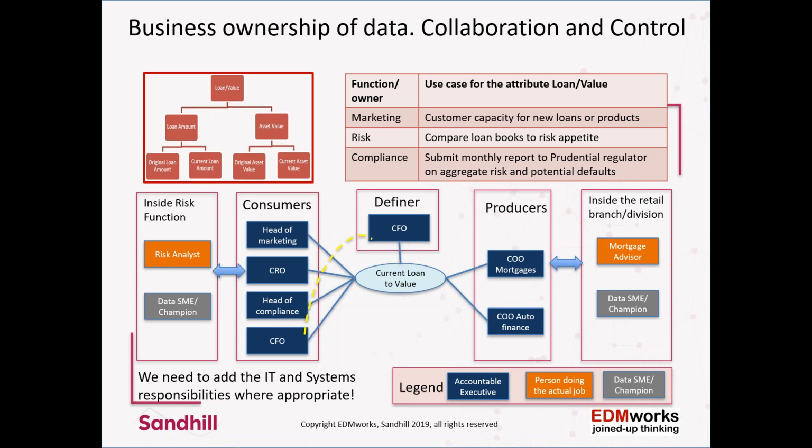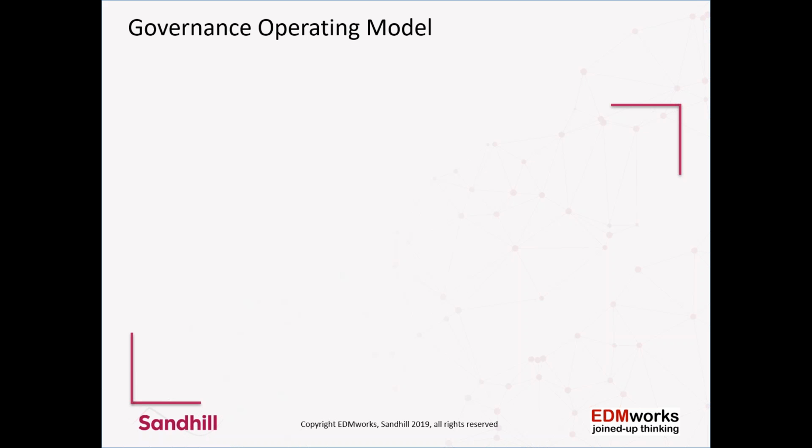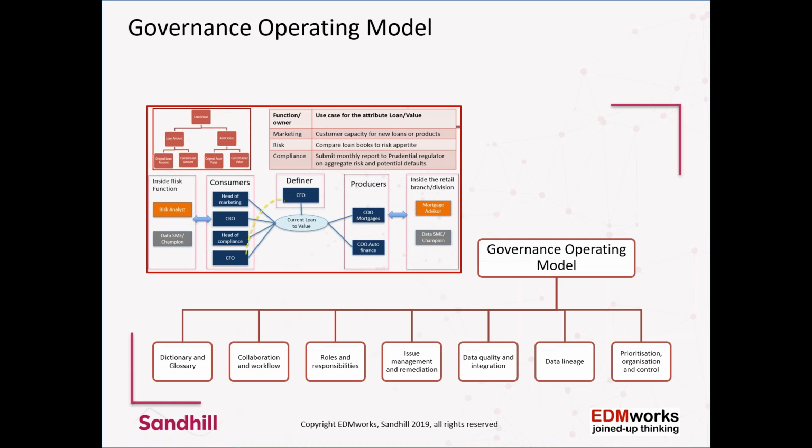So that's an example of one of the aspects of the data governance operating model. We have to make sure we know all the different parties and people that are involved in the different bits of data. There are many other parts to the operating model. We can't go through them all, but you've already seen that we need dictionary definitions and glossary. Clearly, we need collaboration and workflow to make all of this go together so we can register different users on our system and pass issues or referrals to them. We need structured roles and responsibilities so that workflow can work effectively and people are clear about what their roles and responsibilities are, and they're clear about the issues they have to deal with.